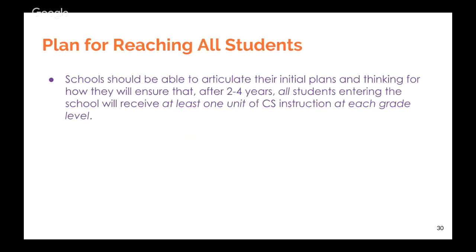So just that you have some understanding of what possibly is going to work in your school. Maybe you start off with all social studies teachers from K to 5. You could either do it by grade or content area, and having the librarian or the computer lab teacher support that implementation. We really want to know what your long-term plan is for making sure every student gets that unit of computer science, minimum 1 unit of computer science.